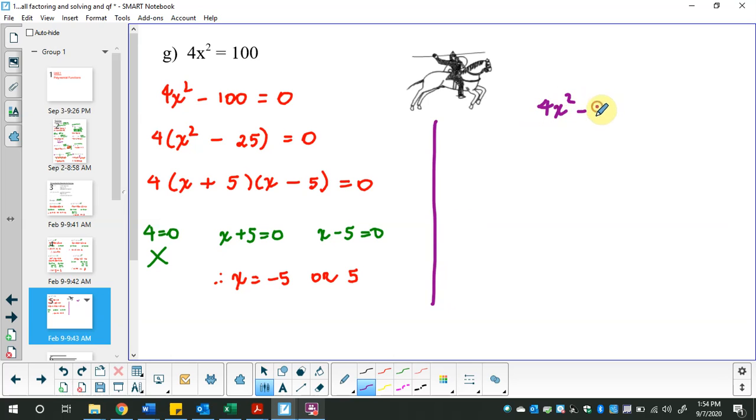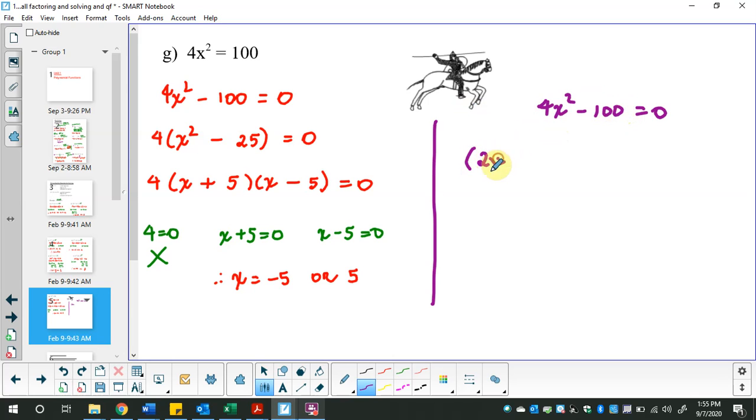And when I do it this way, I'm going to start by fixing it and making sure I have the equal 0. Now some of you might try to proceed with this question without even noticing that there's a common factor, because common factoring is, for some reason, the worst kind of factoring done by man. So if you don't recognize common factoring and you go straight to difference of squares, that means you'll have a